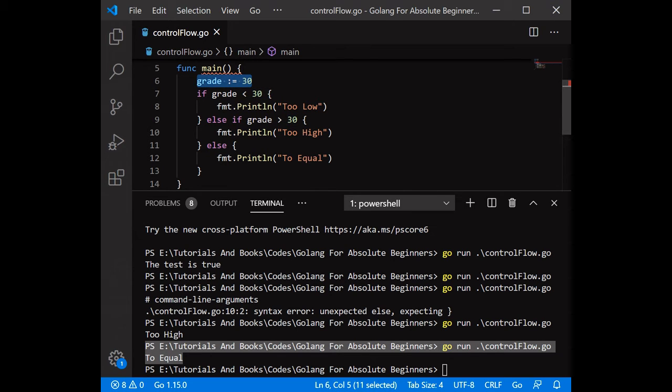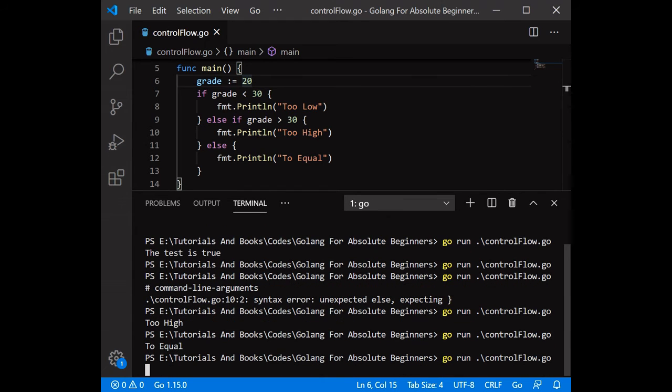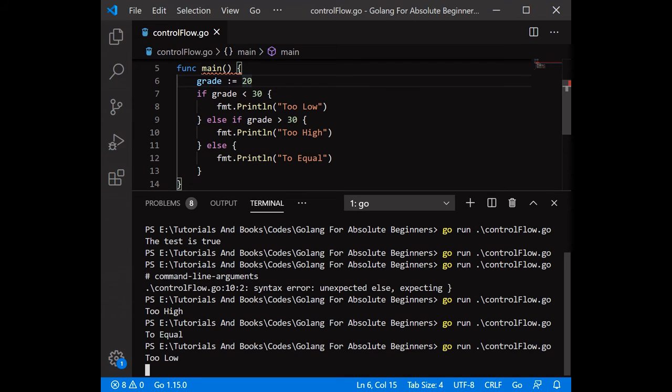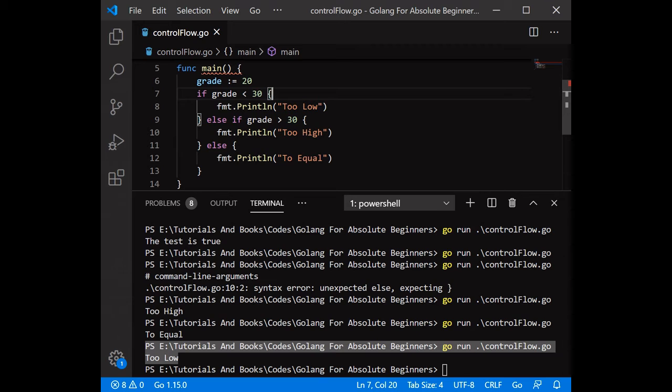This means that our grade is equal to 30 and our else condition is true. And what if our grade is 20? This should print too low. This means that the grade is too low. That's how we can use the if statement and if else if statement to control the execution flow of our program.